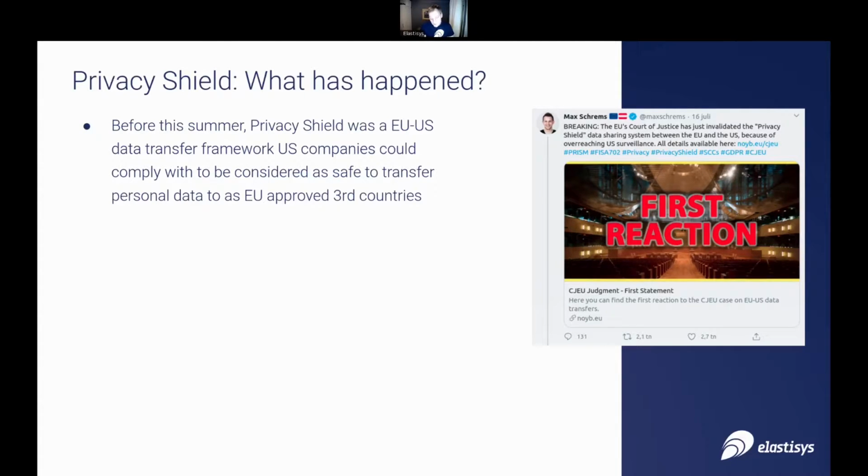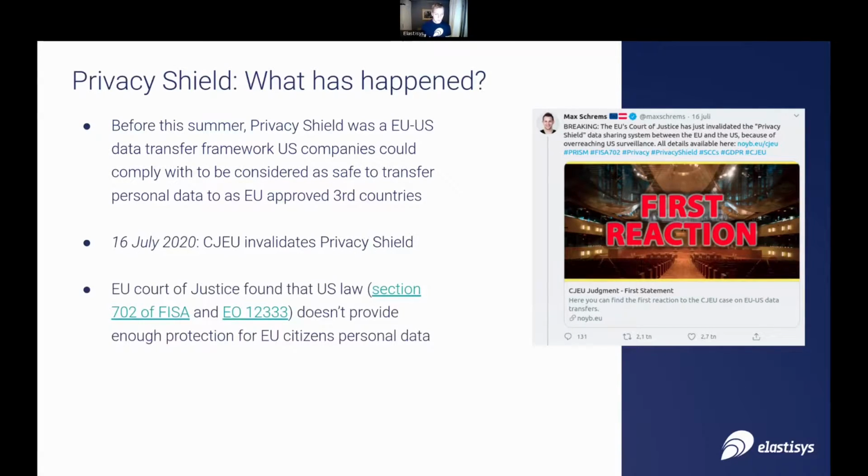This is really good, and it allowed a simple flow of data between the EU and the US. This summer, the EU Court of Justice invalidated Privacy Shield, and that is the picture on the right, where this guy, Max Schrems, who has been driving this case and similar ones since before 2015, is very happy that this Privacy Shield agreement was finally